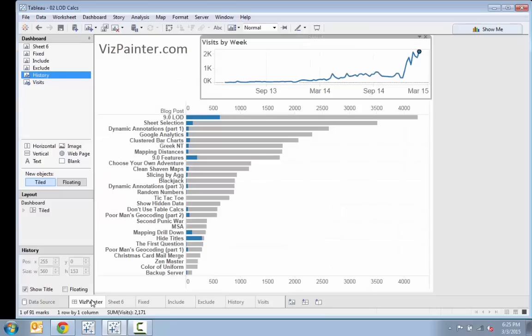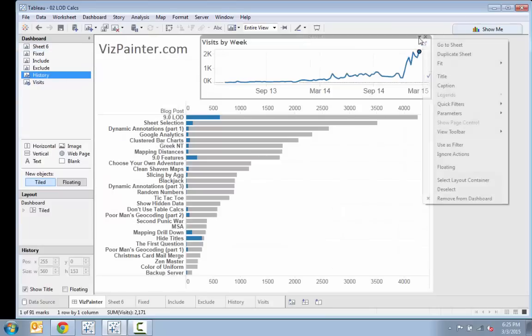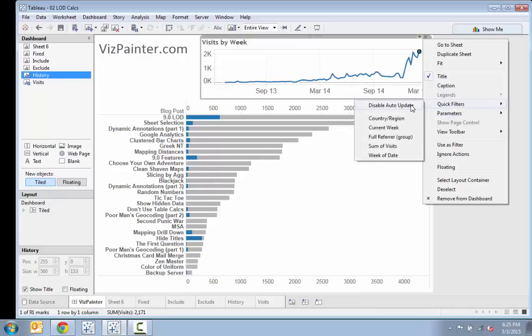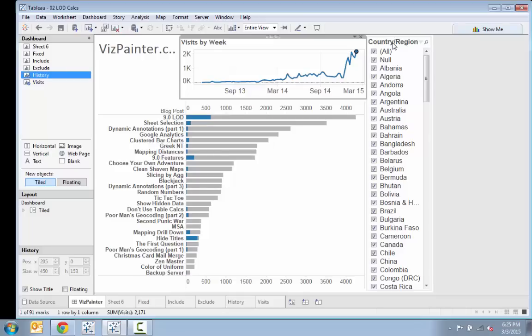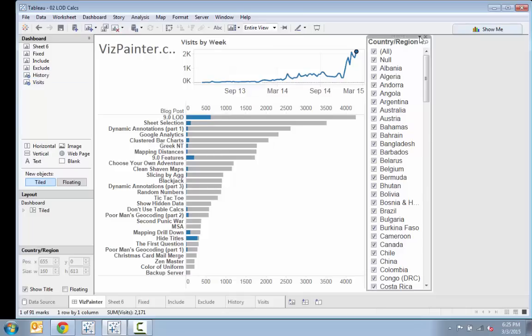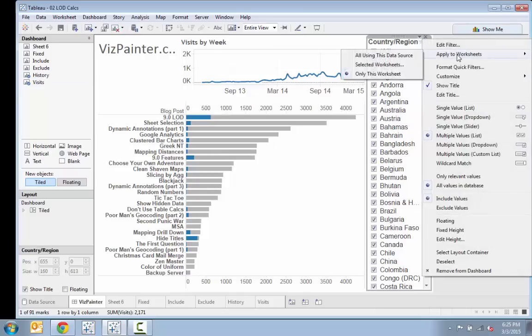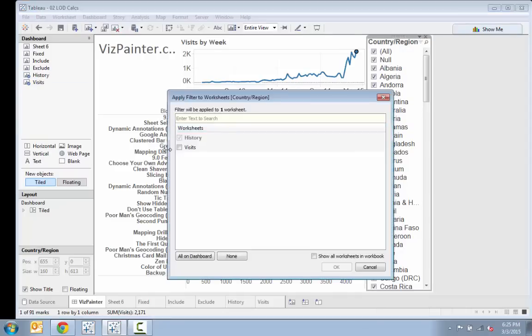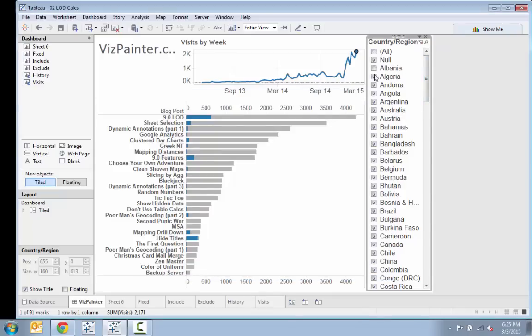And we'll bring that into the dashboard here. So let's show our filter. Quick filter. Country region. All right, and I'll apply it to all the worksheets here. So I'll say apply to worksheets. Let's select everything on the dashboard. So now, as I filter things, right, and maybe let's find, I think the United States looks at it the